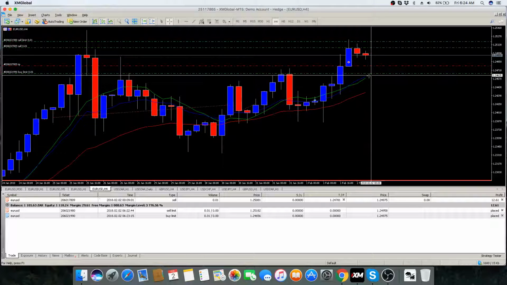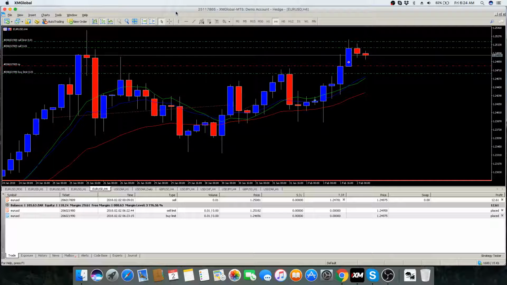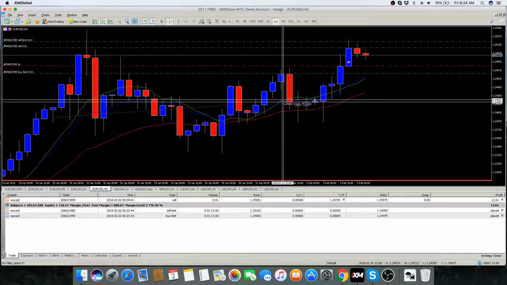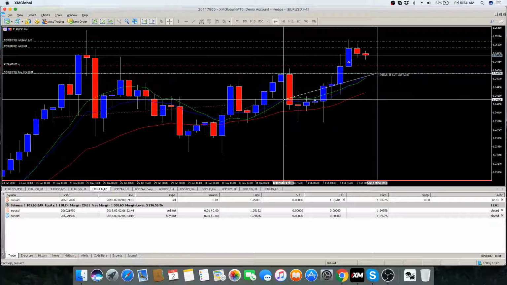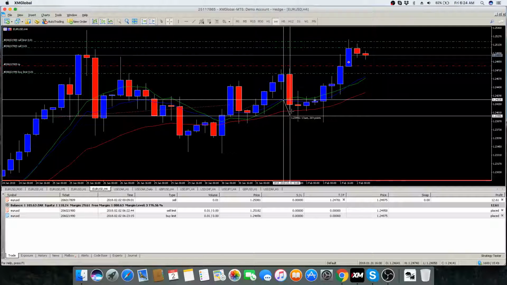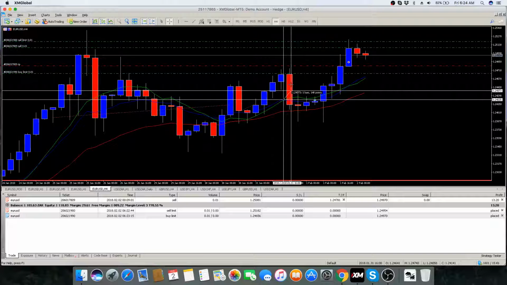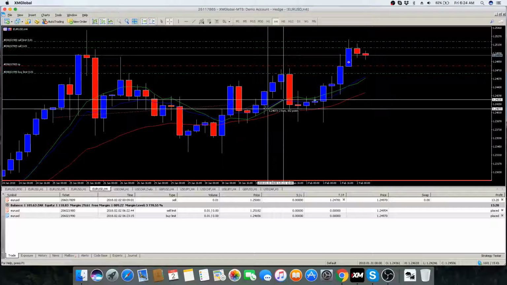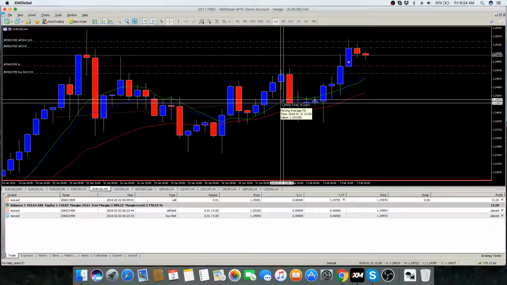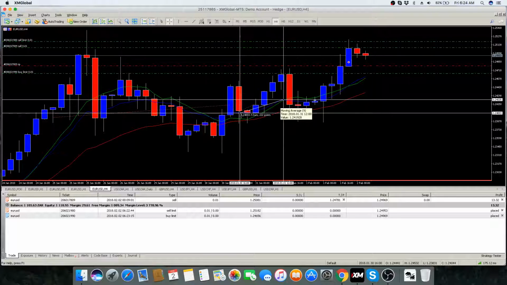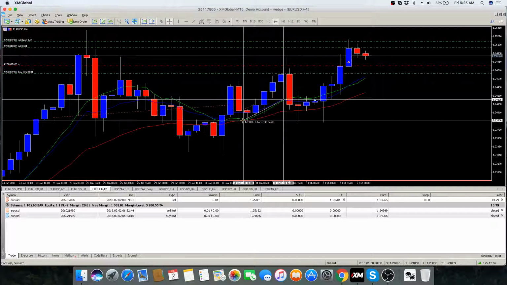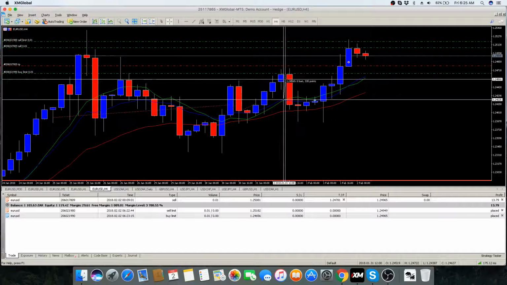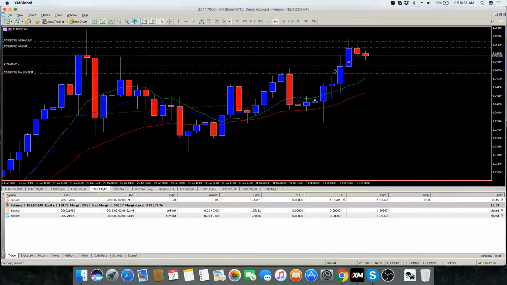This move over here, I'm looking for something similar like here, but it looks like it might not happen because the momentum hasn't come in yet. And this was Wednesday? I think it was Thursday. This was Thursday. So no, this was Wednesday. Yeah, Wednesday has a lot of momentum on it. So you can see the blue line was above. There's a lot of momentum. The market really moved.